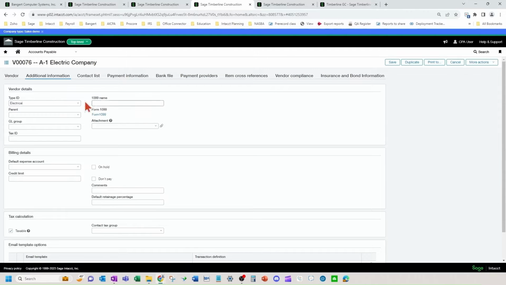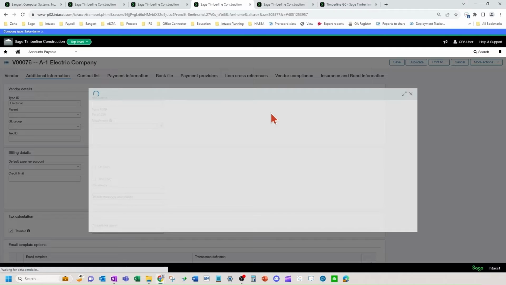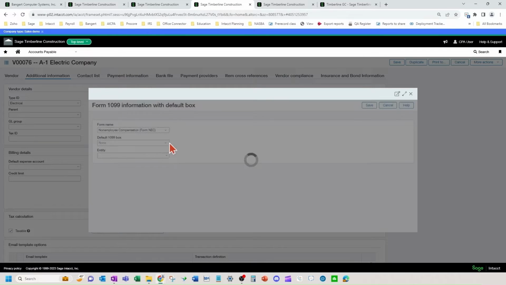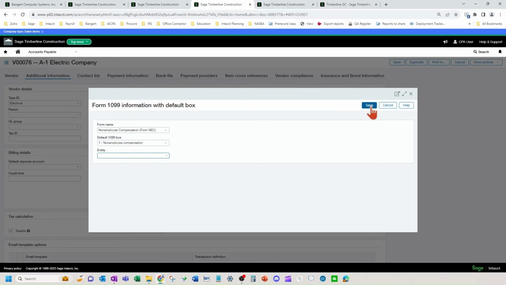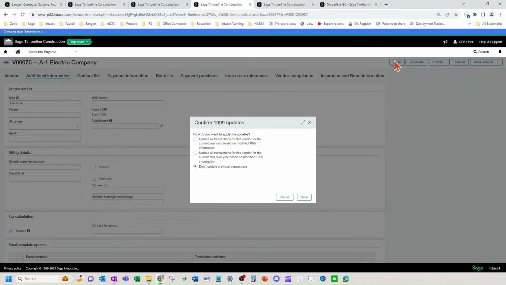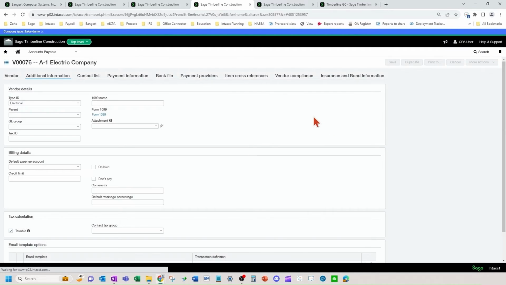So there's no 1099 info on this particular vendor, but when I go ahead and change it here, and hit save, it asks me, do I want to update the transactions for this vendor for the current year only based on the modified 1099 info, or current and prior year, or don't update at all. Okay, so you have some options there on what you would like to do.